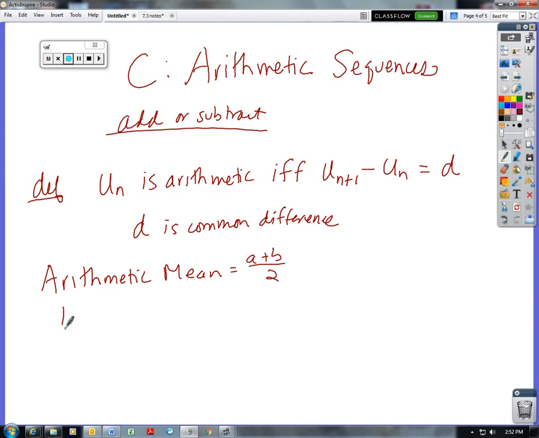So if a, b, and c are consecutive terms or members of an arithmetic sequence,